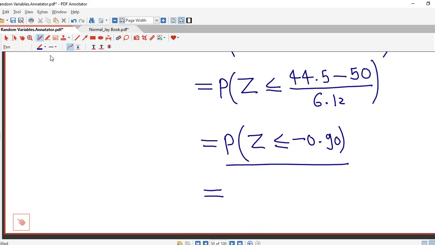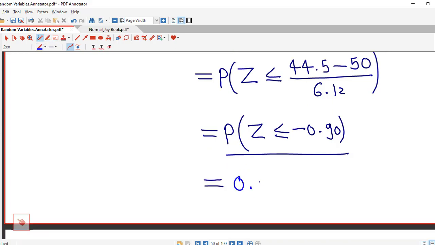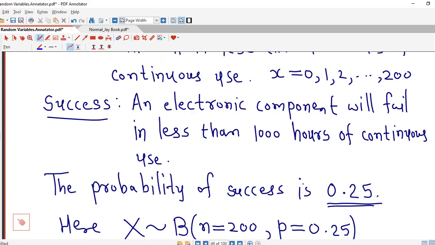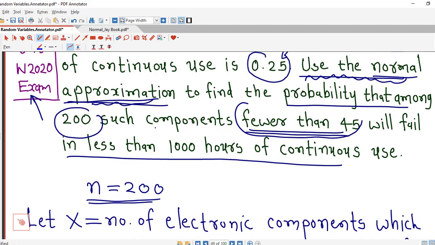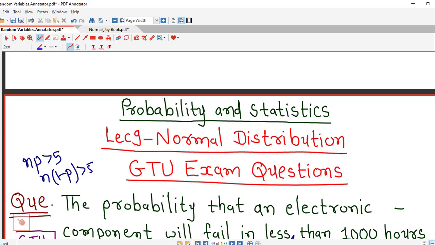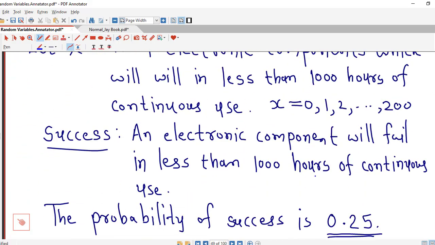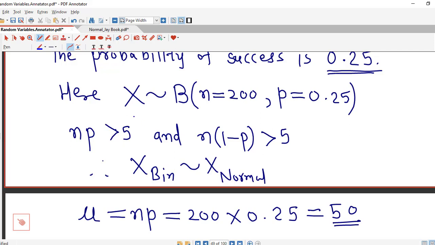So here we write our answer. It is 0.1841. So the required probability is 0.1841. The probability that among 200 such components, fewer than 45 will fail in less than 1000 hours of continuous use is 0.1841. So this is a problem of binomial distribution, but we are not able to use the binomial distribution because